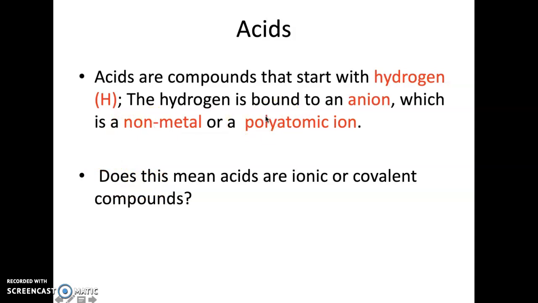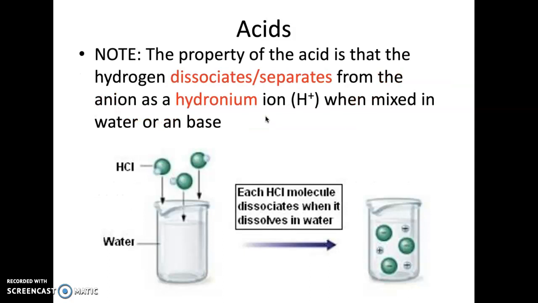So on the backside of the yellow periodic table we got this here, the negative stuff. So does this mean that acids are ionic or covalent? Because H is a nonmetal, but it's also a +1 sometimes and bonded to a nonmetal. And actually this makes acids ionic compounds because we get a +1 crisscrossing with whatever the charge of your anion is. So what happens with acids is that when you put them in water, say I have hydrochloric acid here,